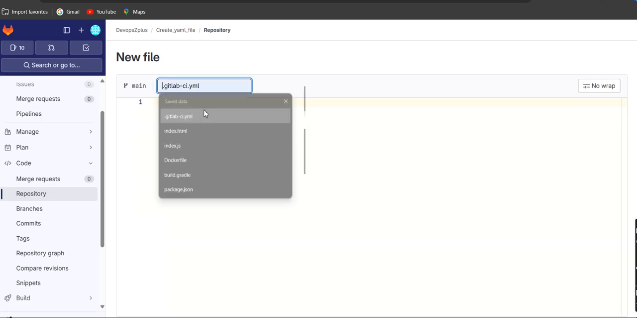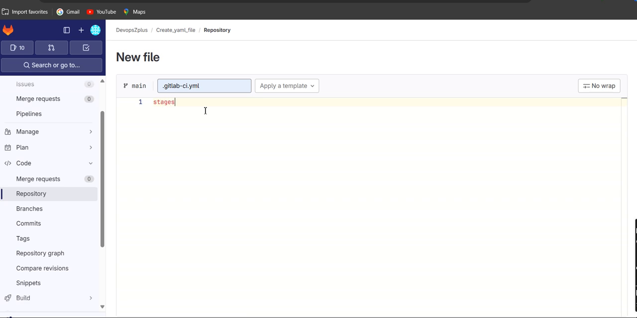and give the name .gitlab-ci.yml. Provide the stages: the first stage is setup, the second stage is trigger. Give the job name, provide the stage, and give the image we want to use, which is Python, because we want to execute a script here. Under the script, we'll directly print out